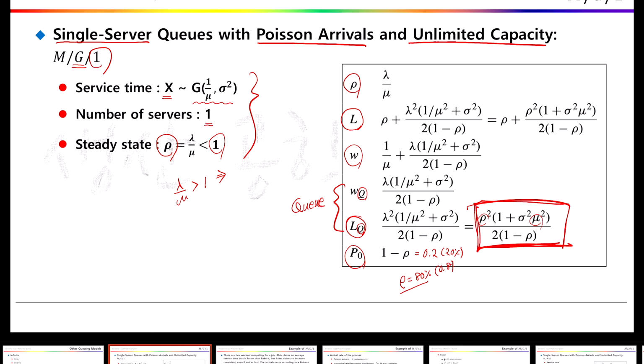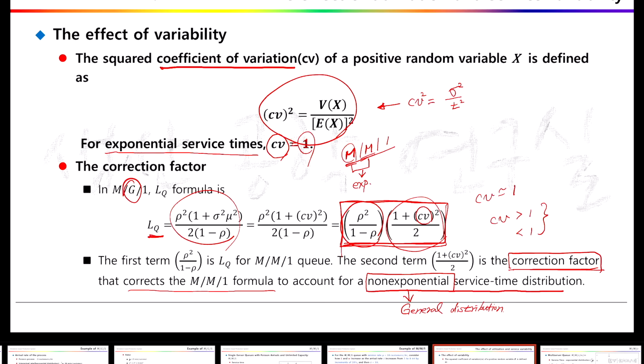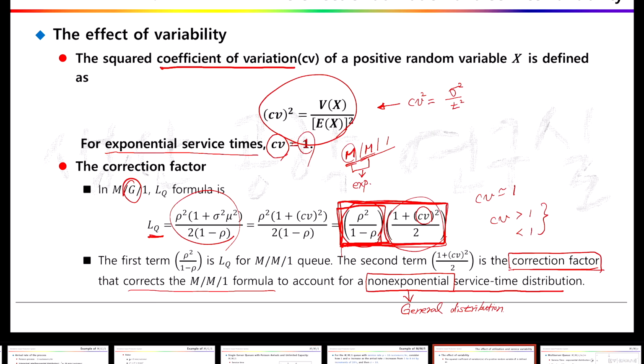This term can be divided into these 2 terms, and the first term comes from the LQ of the MM1 model, and the second term is the correction factor for the approximation from the MM1 model to the MG1 model. As you can remember,